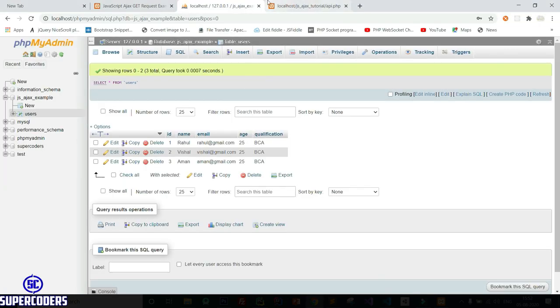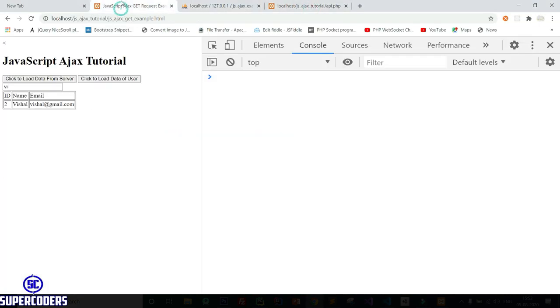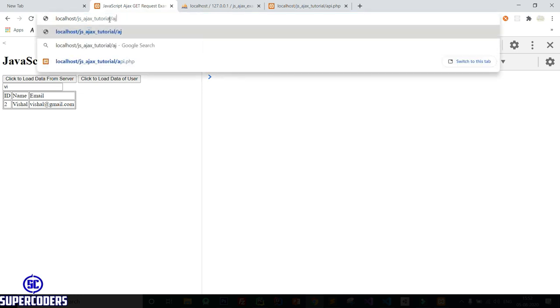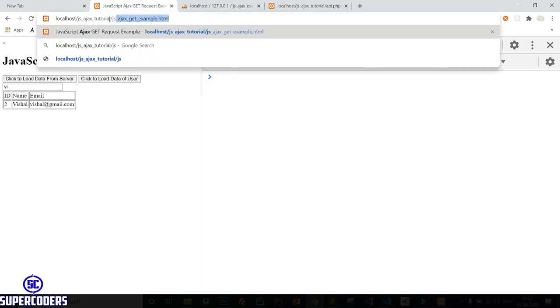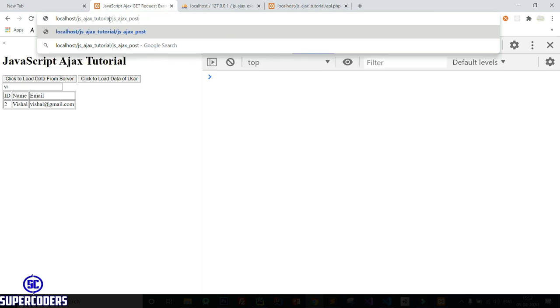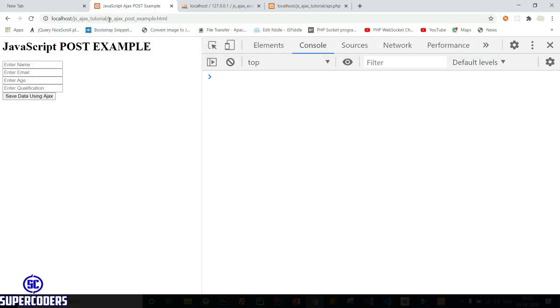Now let's open this file. So here JS Ajax post example.html. So page is ready.